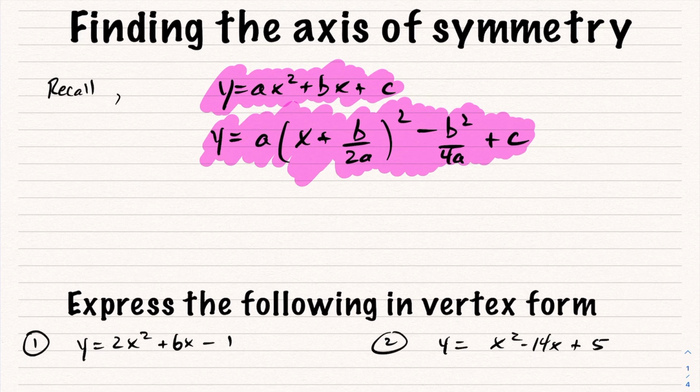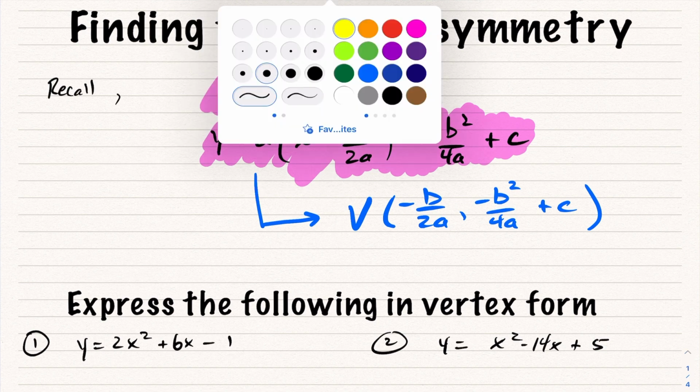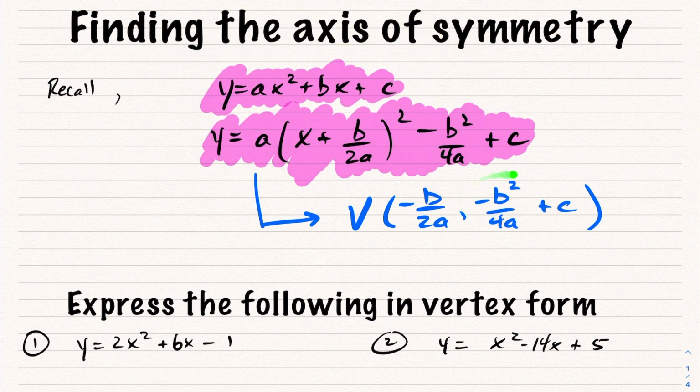Because this is in vertex form, I know that the vertex of this quadratic in general would be negative b over 2a, and then the y-coordinate of the vertex would be negative b squared over 4a plus c. So the second coordinate isn't really that nice. It is useful because this is the formula for the y-coordinate of your vertex, but the first coordinate is used quite a lot,